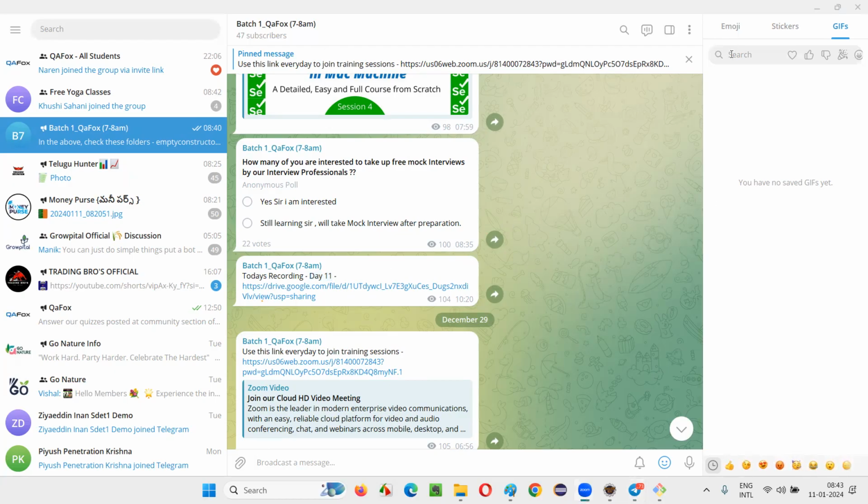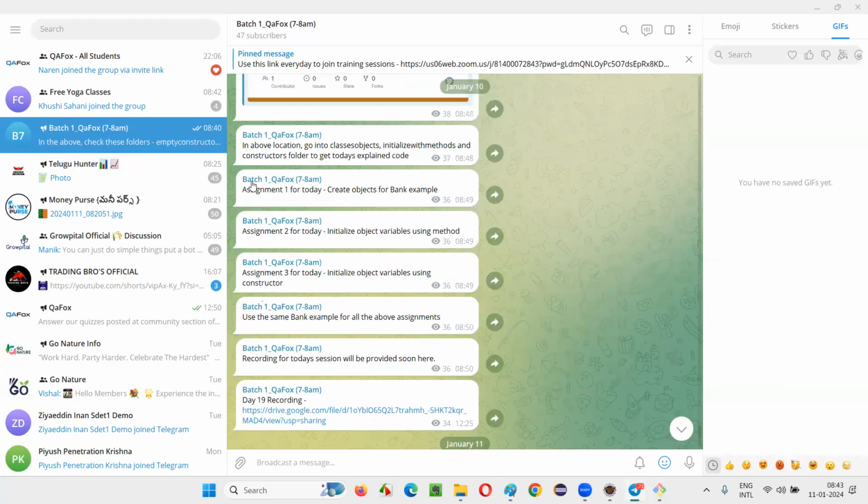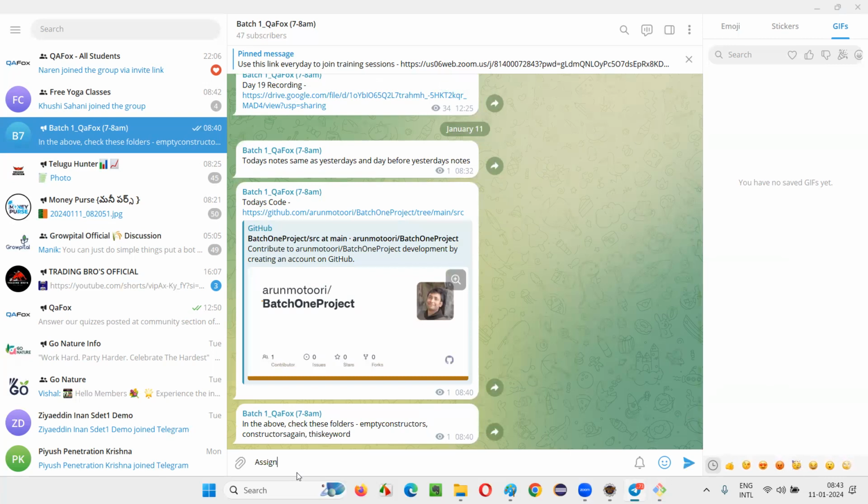What I generally do every day, after sharing the code, is share the assignments. Today's assignments will be something like this. Assignment 1: create a bank class template and try empty constructors.